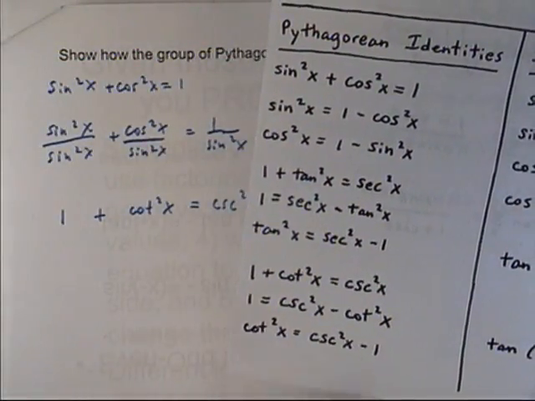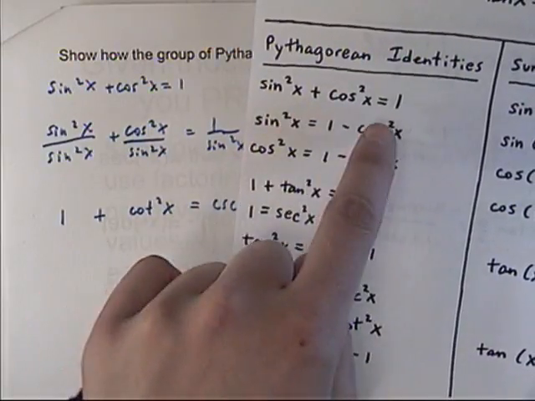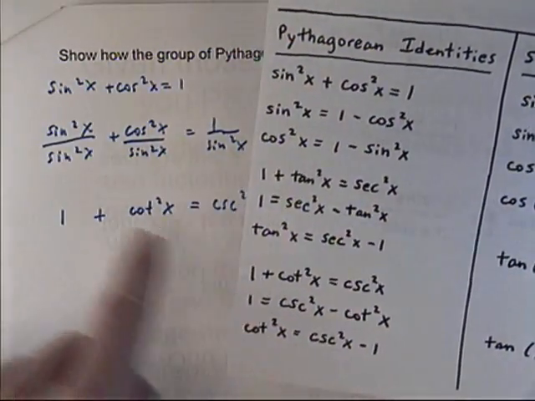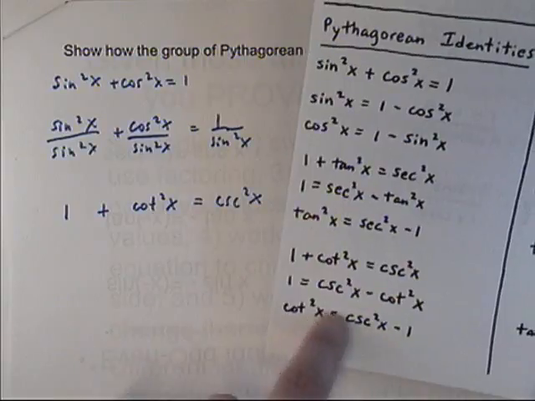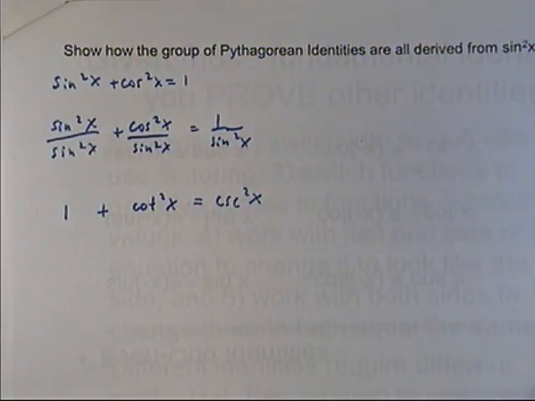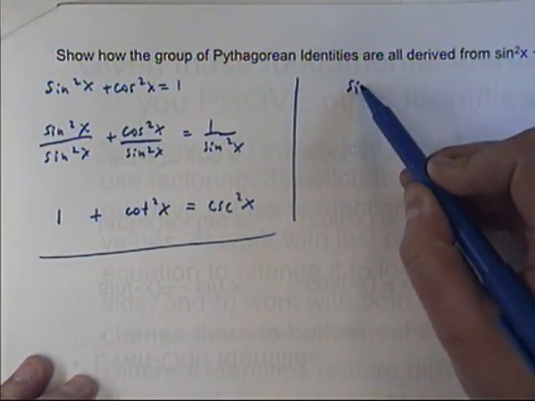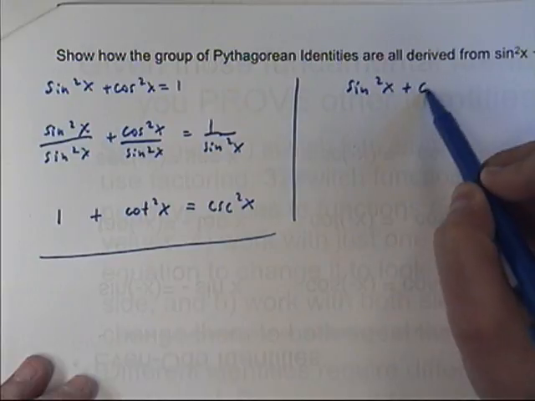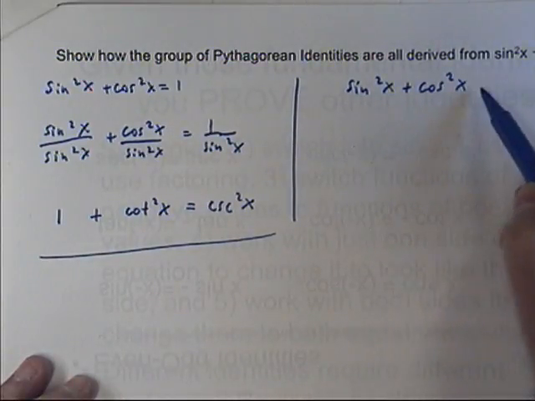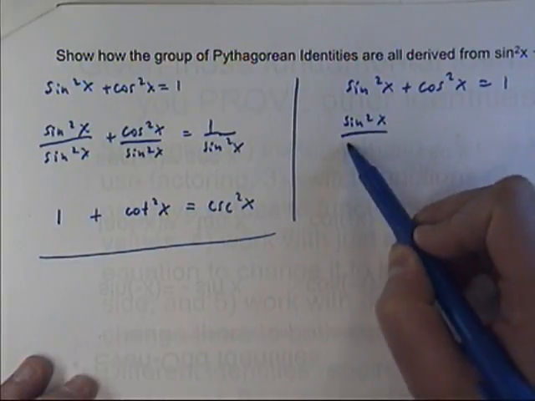Now the rest of these in the list are simply rearranging the terms from the main one. So here's this one, I rearranged the terms and got 2 more, and then here's the one that I derived, and then I could rearrange those terms and get 2 more. And now I'm going to show you how to find that one. It's pretty easy. You just take the original one that we started with, and this time if we simply divide by cosine squared on each of our 3 terms,